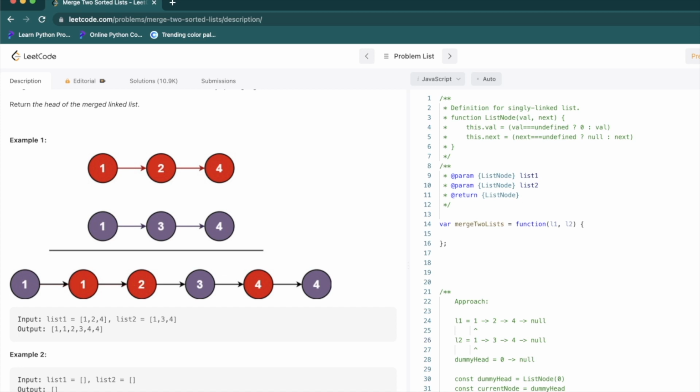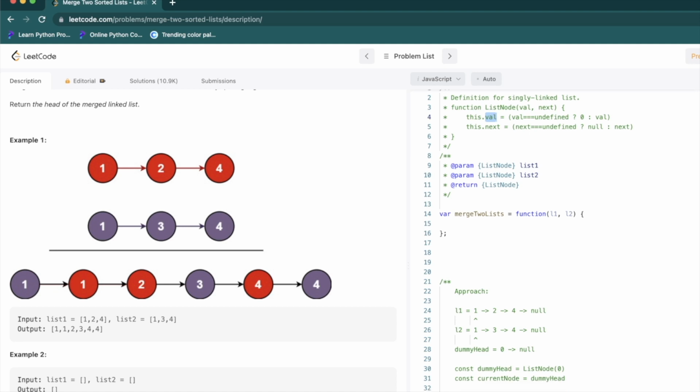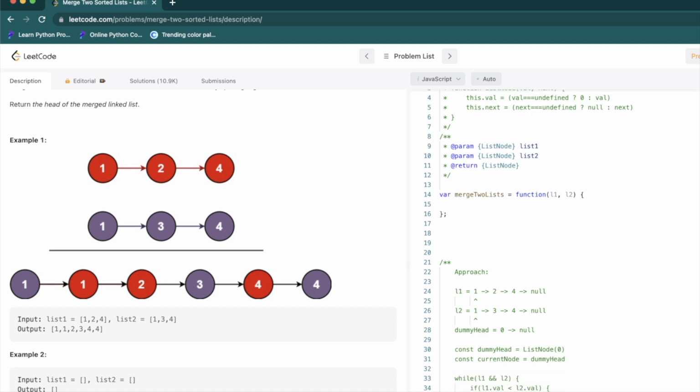While L1 and L2 are not null, which is the case, L1 and L2 are pointing to 1 and 1 respectively. Then we are going to have a further condition: if L1.val is less than L2.val. Val is the value within the node. And then we are also going to have another else clause. So if L1.val is less than L2.val, then we use our current node, which is pointing to this head. Current node.next is currently pointing to null, but we are going to change that reference to